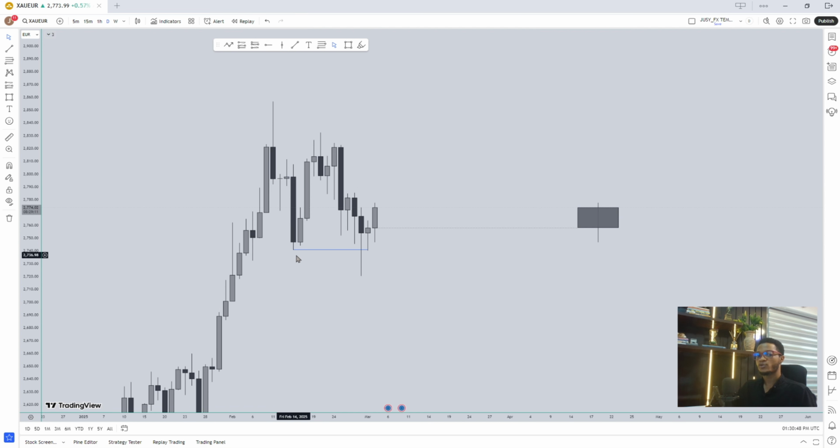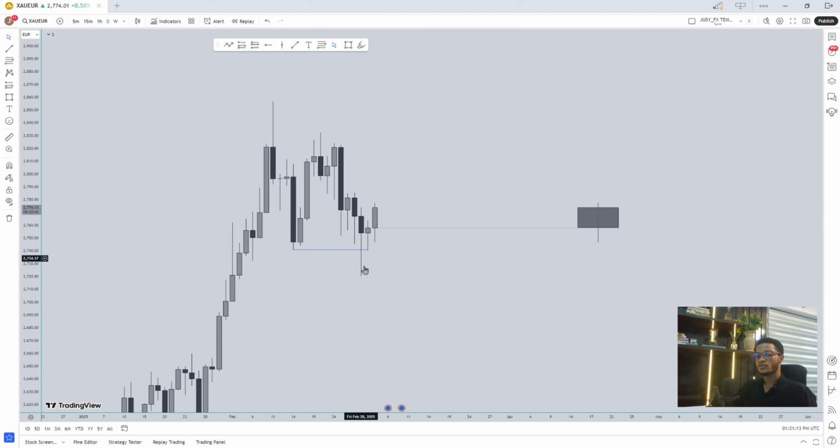Okay, so most times price moves from taking previous lows and trading back into the range higher, or taking previous highs and trading back into the range lower. Sometimes price trades from inside the range back to attack previous highs or previous lows. So in this case, this is XAU-EUR, by the way. This is daily time frame also. Price traded below this level, below previous lows, and see the way price closed back into the range,